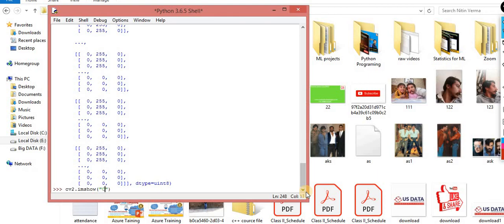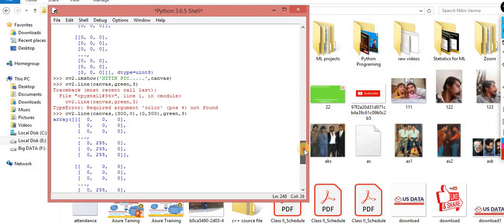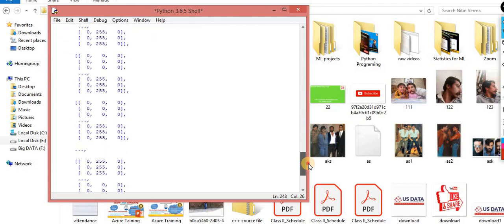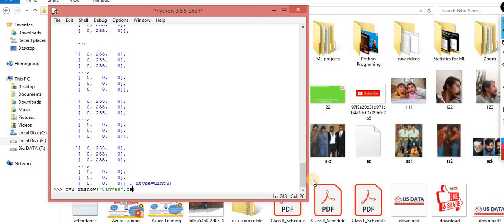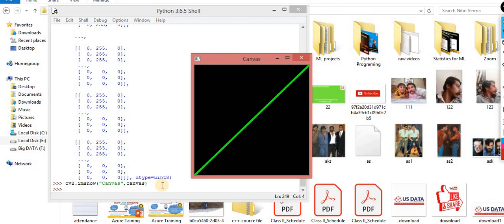Here is the name, the canvas, and what you are supposed to pass. cv2 dot line, if I pass this canvas, so let's try this. Yes, it works. Now you can check it out, I passed a line over here.